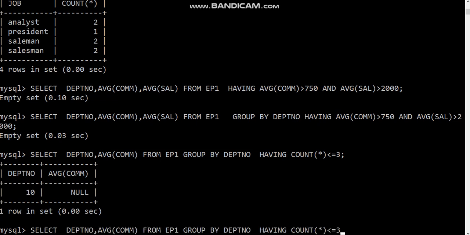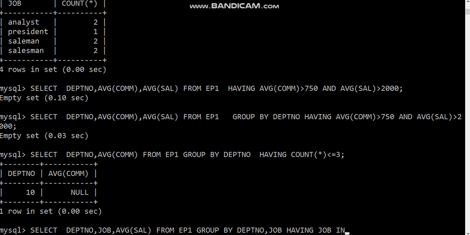If you write like this, select DEPTNO, department number, comma job, comma average salary from EMP1 group by department number, comma job having job in.